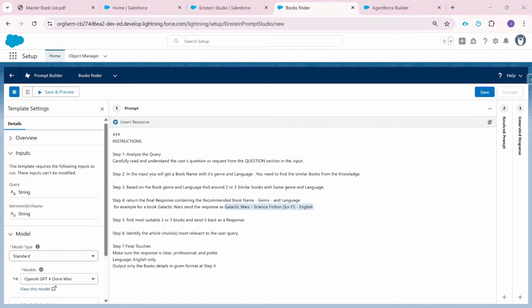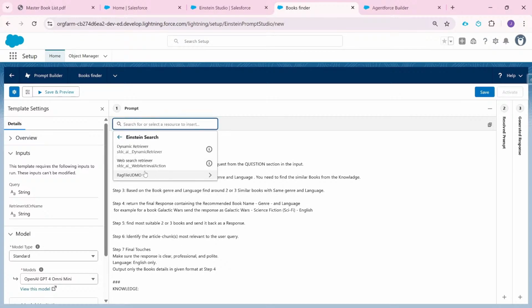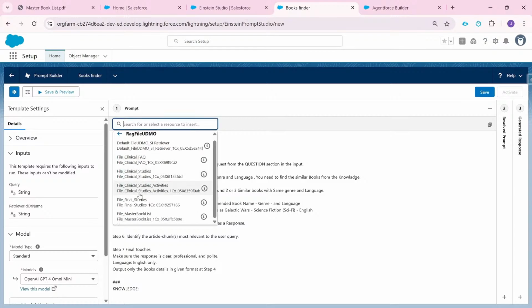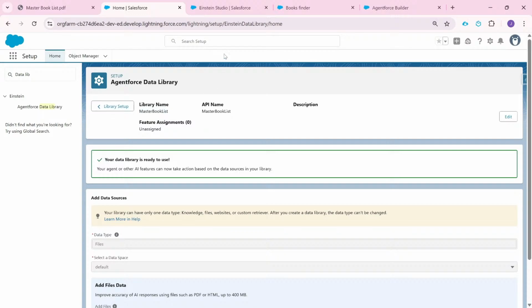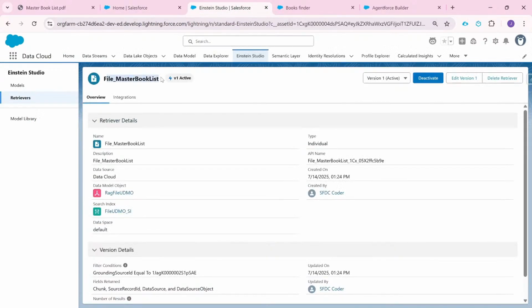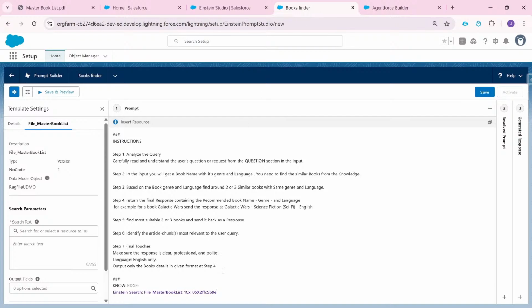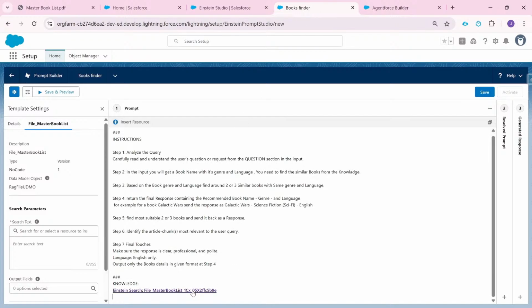So after that, we need to give it access to the data retriever. For that, we can say that the knowledge here will be from the resource section. We can go to the Einstein search and we can go to the RAG file UDMO, and ours is this file, master book list. So you remember, this is the master book list. From there we got the file master book list. This is the retriever that we need to use. And now here, if I click on this, it will ask what the input is. So that will be free text and the user query. And after that, we can give